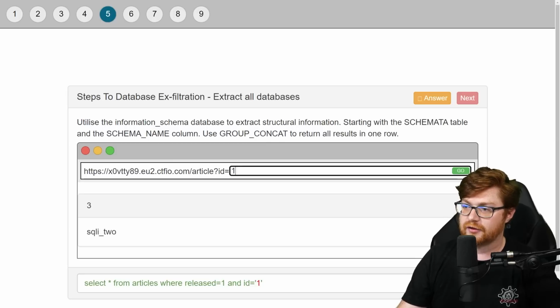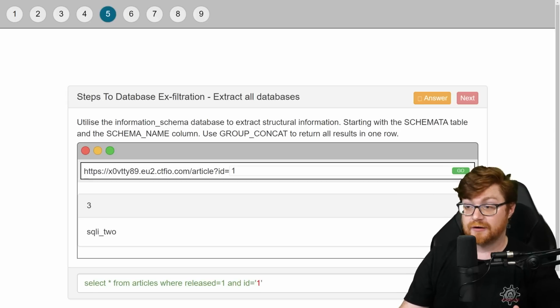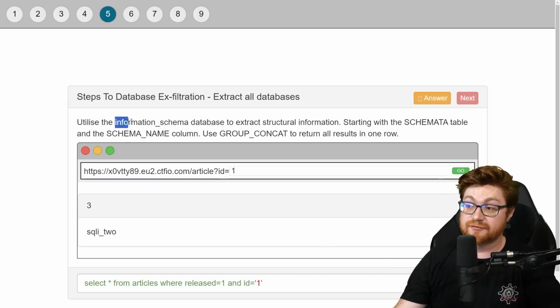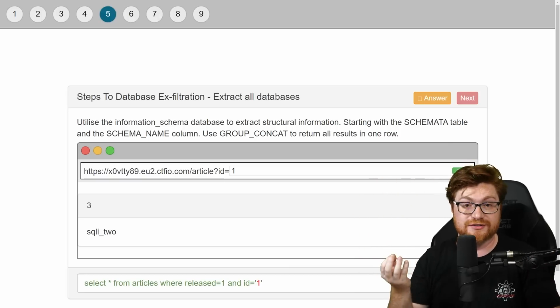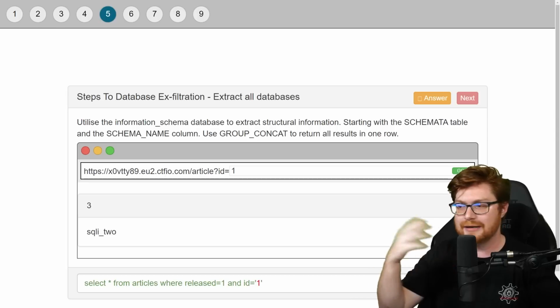So let's try to now use some special stuff. Let's try to use another unique and interesting database that's actually included within MySQL by default. There's this special thing called the information schema database, and we could use that to extract some structural information. This is all possible, by the way, because the information schema database holds some special information about the structure of the entire database, the entire MySQL instance that's running, the server behind the structured query language here, the database management